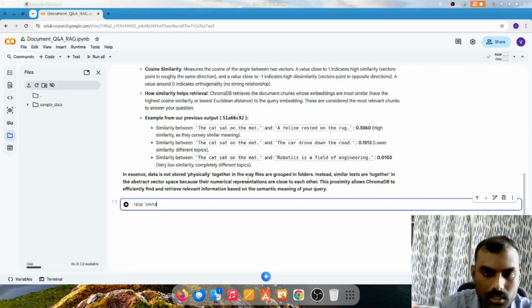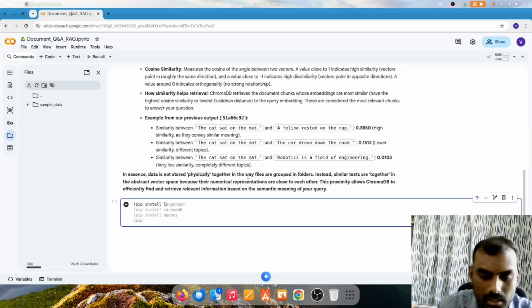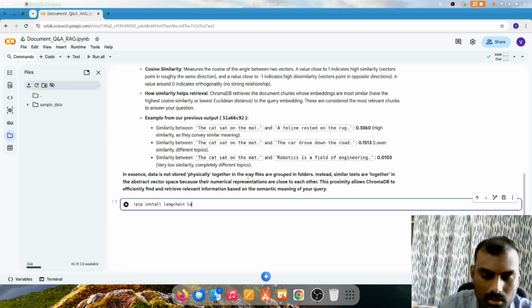So here we need LangChain community, ChromaDB, and LangChain text splitters. This is to split the text document into chunks. And PyPDF,